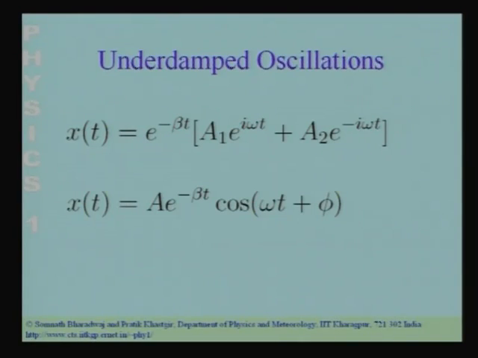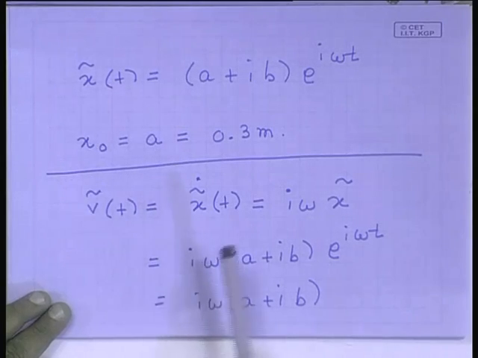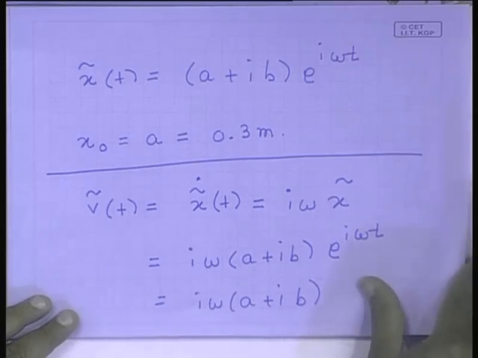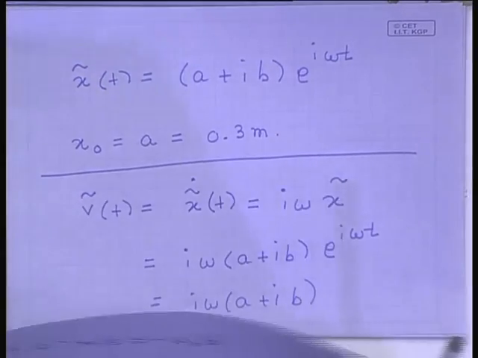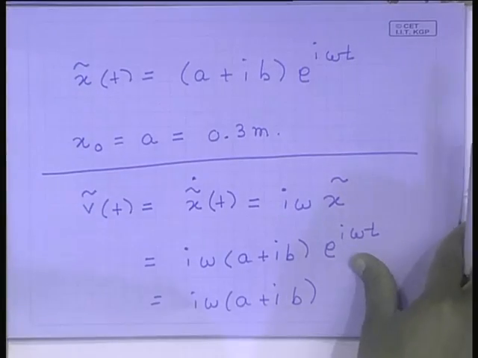We had worked out exactly the same thing. We had an oscillator for which x naught was given and v naught was given. We had worked out the complex amplitude for the oscillator in that situation, and if you go back to your notes,